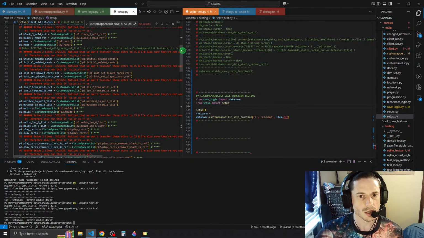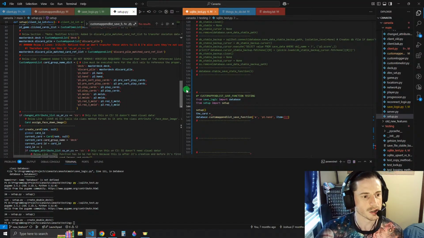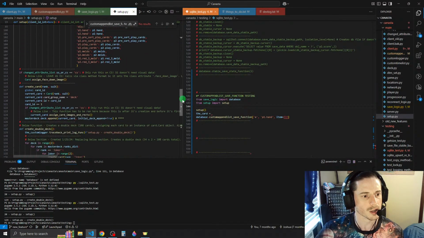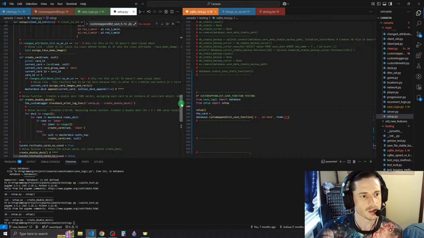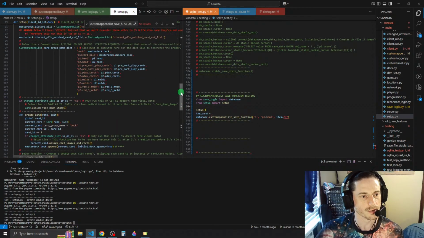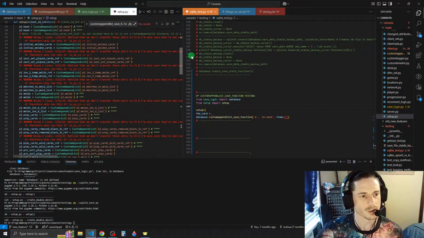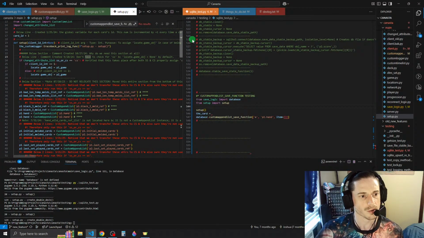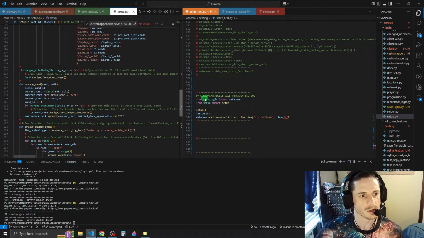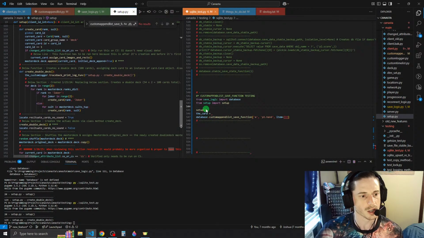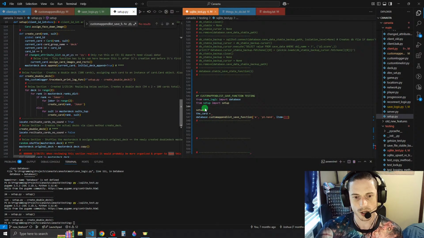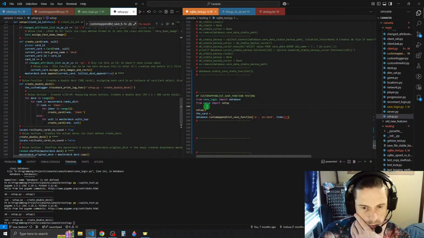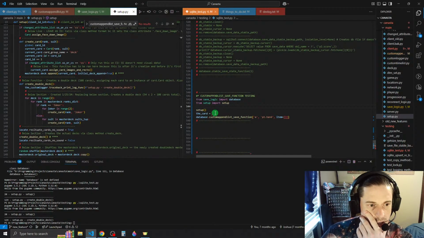Setup creates the master deck, and then setup runs all this stuff. Yeah, so it runs all this and it creates the double deck and everything. So we should have access to the deck already. So we should just be able to say